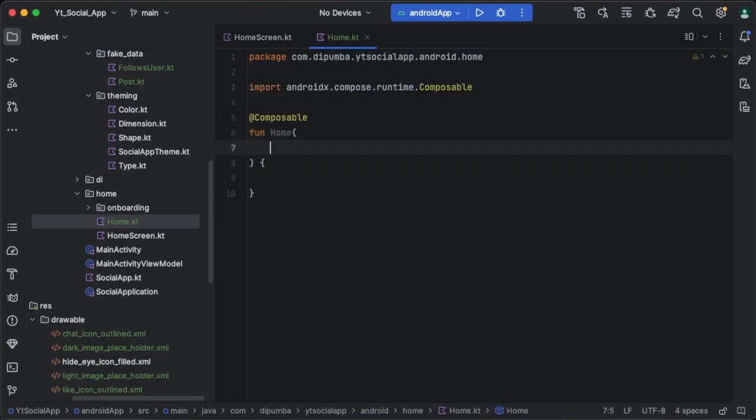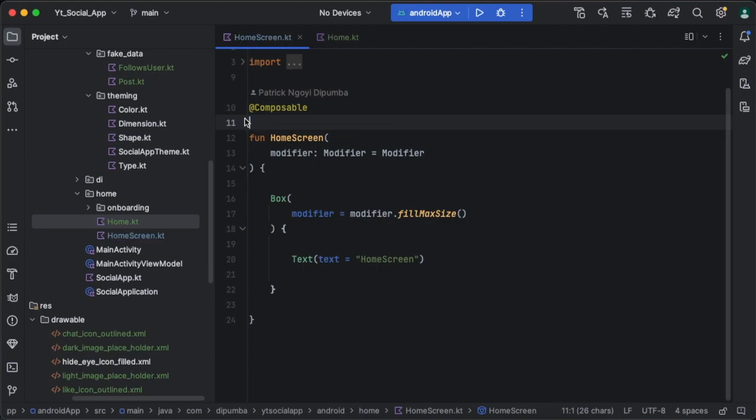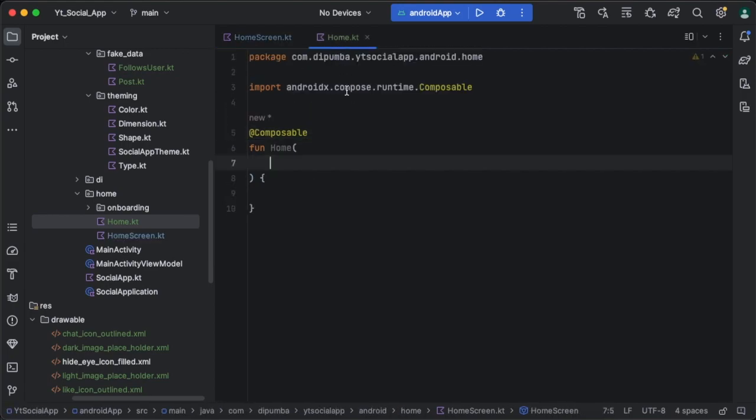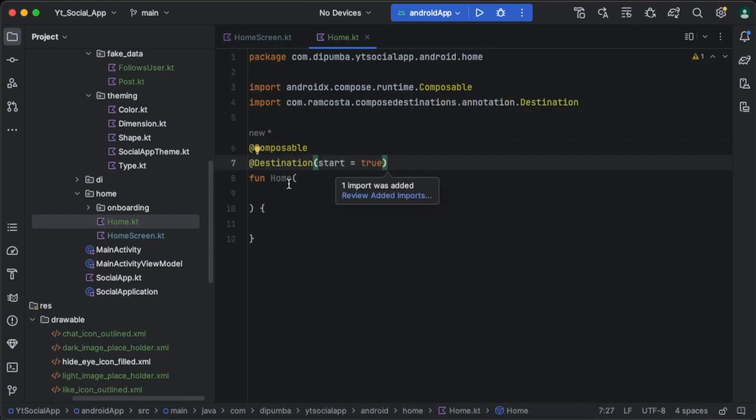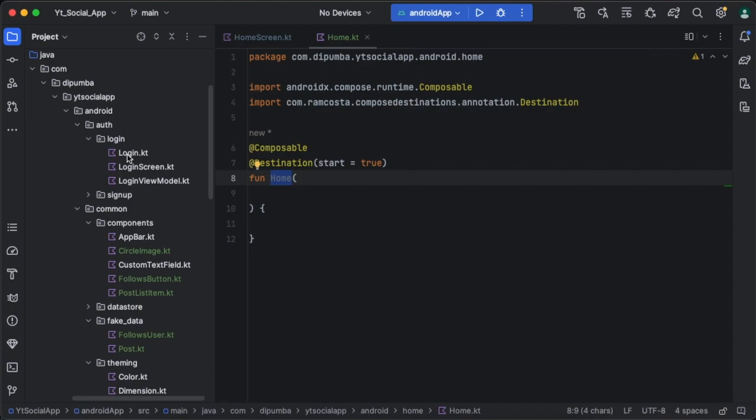So we can remove the destination from here to use that here, because that would be called home destination instead of home screen destination, because for the other screens like login and sign up we used